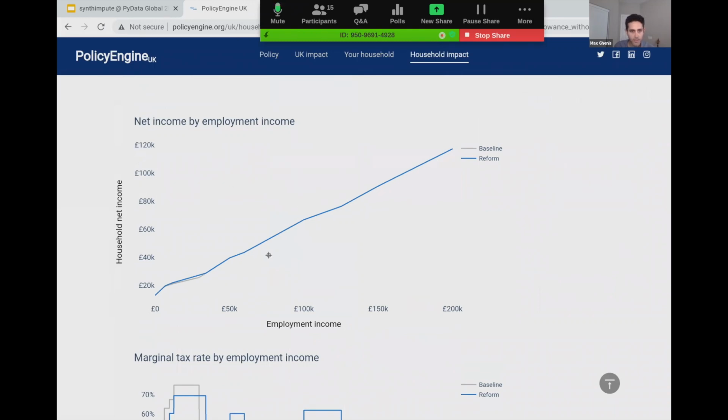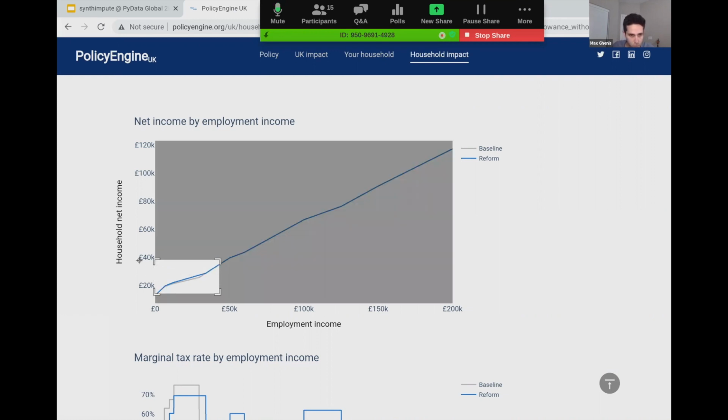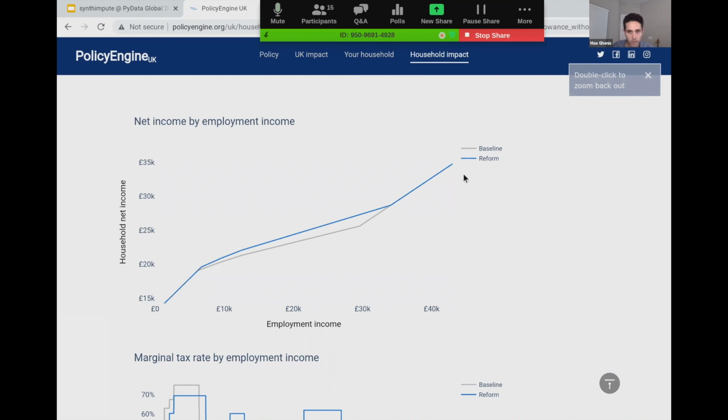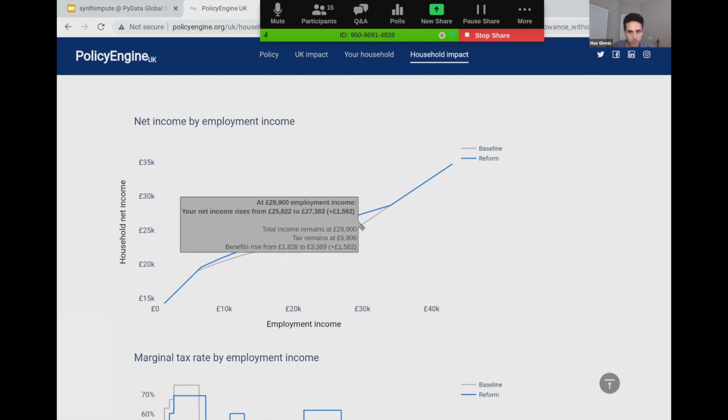And we can also see if they earned more or less. They might be trying to decide how should I get a raise, or what happens if I work more or less. So we can zoom in on the area where the reform changes from the baseline,